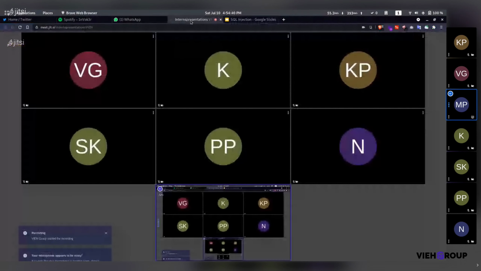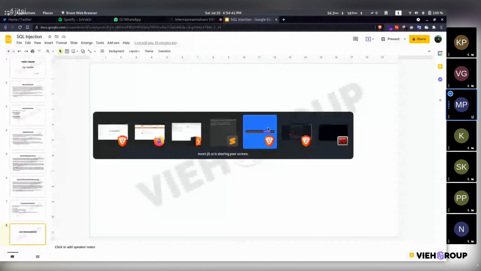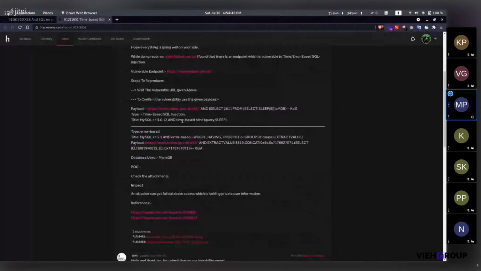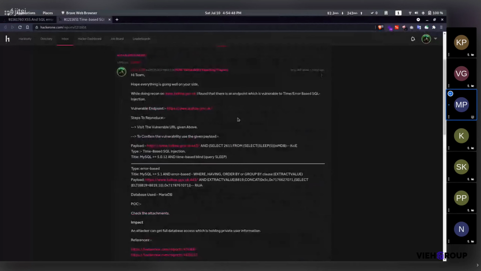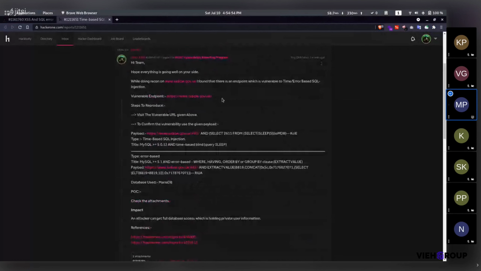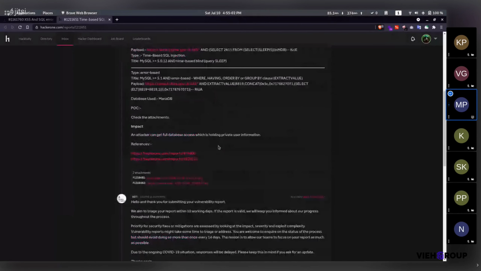Also, I would like to share a POC that I recently found, and it was a duplicate, but the bug is fixed now, so I can reproduce it. It was in a program of NCSC, and the vulnerable endpoint was something like this. Usually we added quotation, and it gave an internal server error.